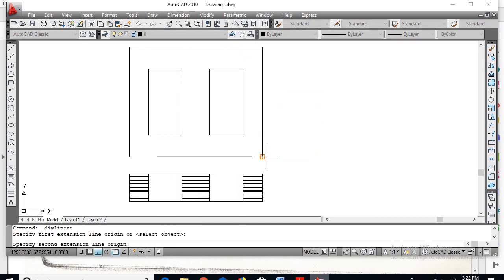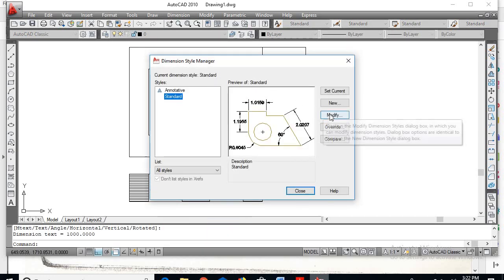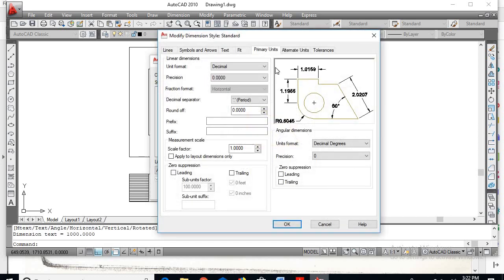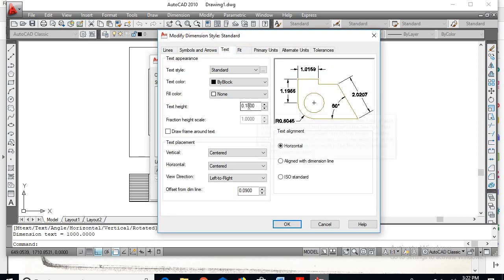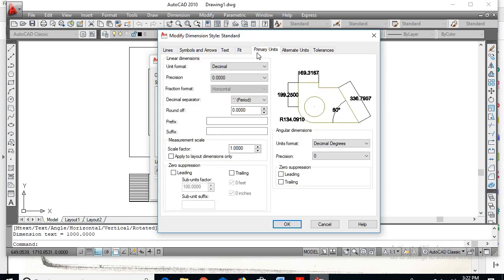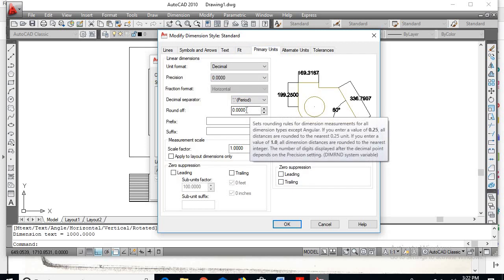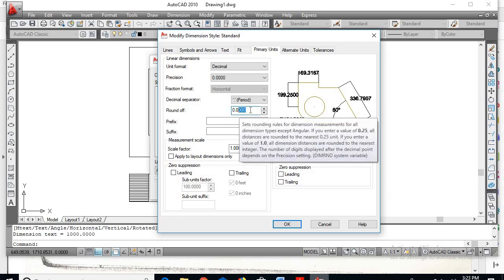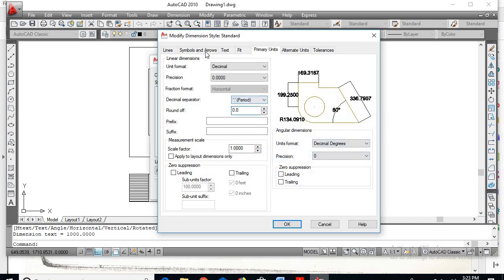First I'll go for the overall height of the transformer. Since the dimension is not visible, I'll go for dimension style, modify, text, and increase the text height to 30. Under primary dimensions I can reduce the precision to 2 values, since there are no decimal points, so I'll go for round off.